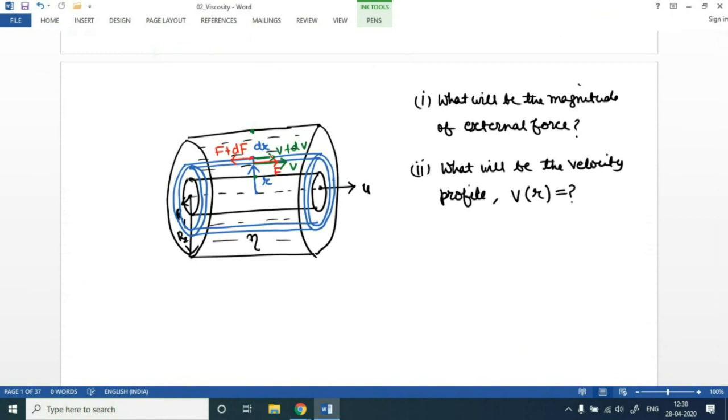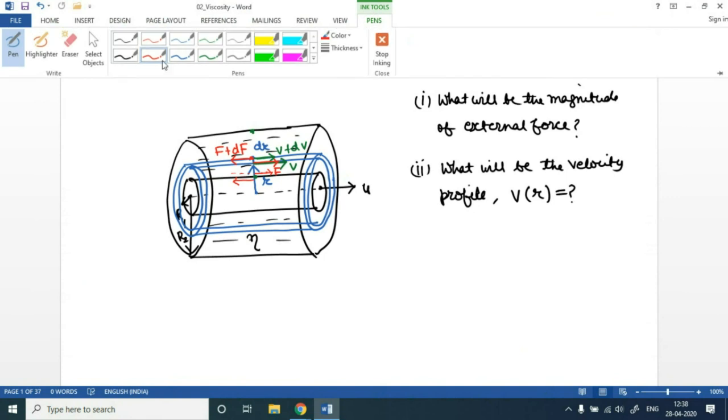Okay, and also you must say, if we take a very small layer adjacent to this inner cylinder, you must understand that this cylinder will be exerting a force F in forward direction. Okay, so the liquid will be exerting force F on the cylinder in backward direction. Okay, and the magnitude of all these forces which we have drawn, represented as a red arrow, is basically equal to F. So this cylinder is experiencing a force F